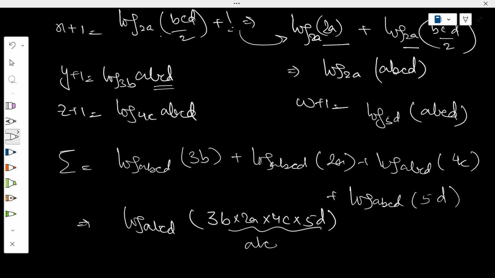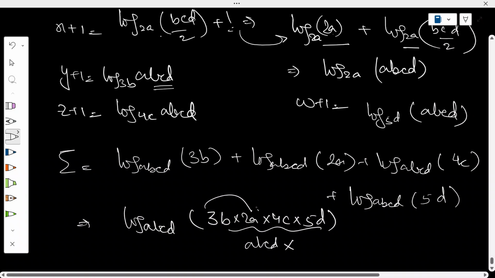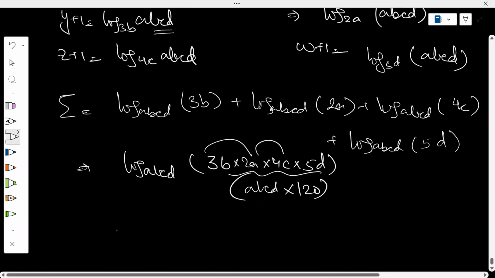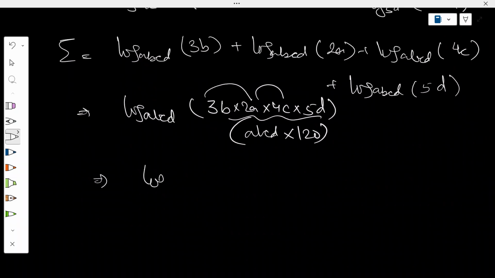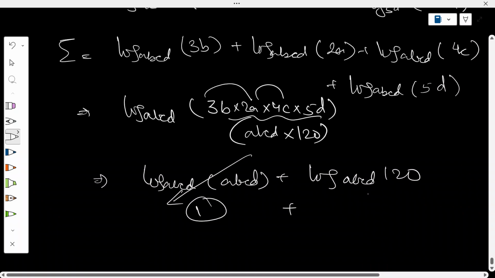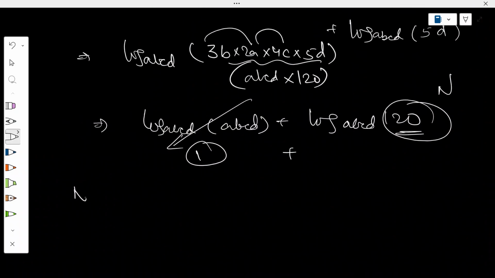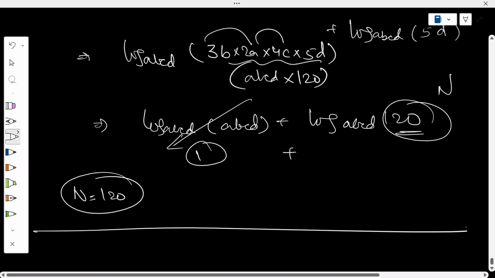देखो 3 इंटू 2 6, 6 इंटू 4 24, 24 टाइम्स 5 निकालना है, तो 24 टाइम्स अगर 10 होता 240 होता, पर 5 उसका आधा है तो 120 हो जाएगा। ठीक, अब इसको थोड़ा और सिंप्लीफाई करना है, तो ये आ जाएगा log बेस abcd के बेस पे abcd ही, ये आ जाएगा log बेस abcd पे 120, ये वाली तो 1 हो जाएगी जो बोल रखा है, प्लस में जो ये नंबर बोल रखा था वो अपना n ही है। आप क्वेश्चन देखो पर n ही पूछ रखा है, n की वैल्यू हो जाएगी 120, ये अपना आंसर।